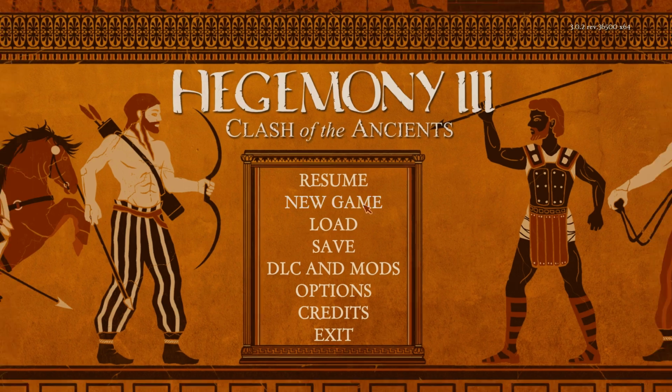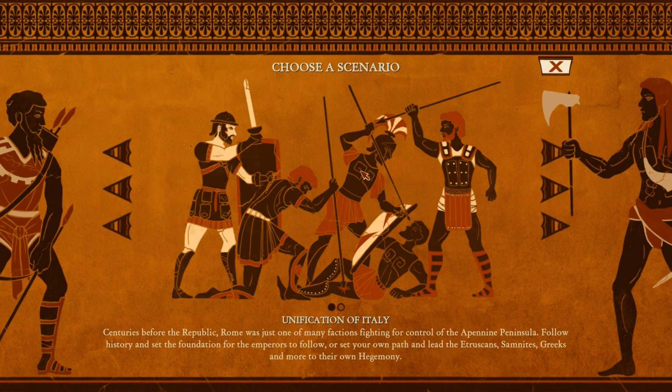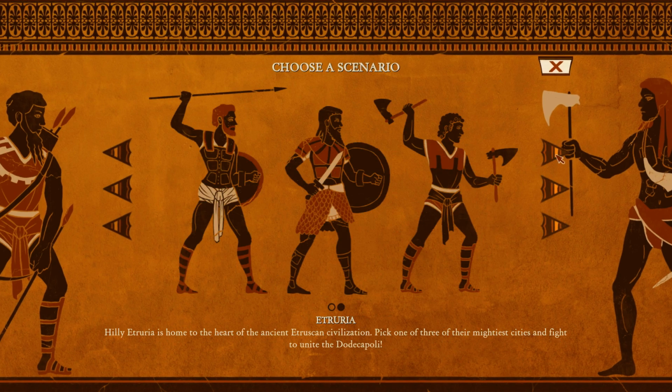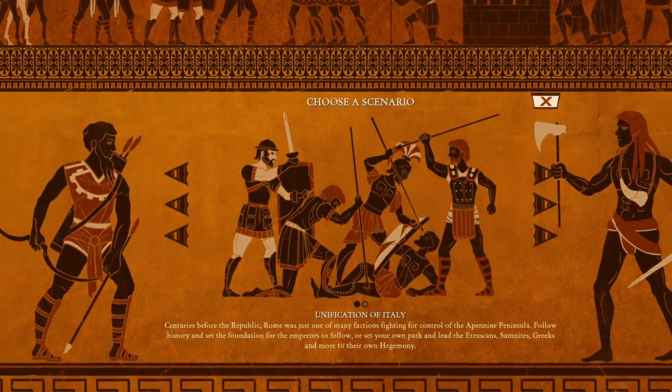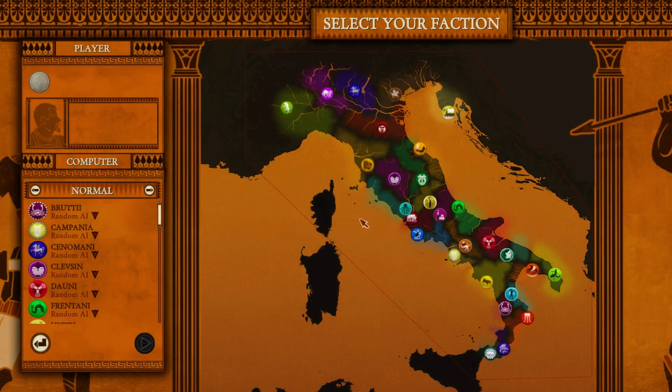This will be the first video on a new Let's Play series. As such, we'll begin a new game. The unification of Italy is the full map. Etruria is like a smaller portion of the map, so this is the grand strategy map. We'll use it. The next thing we have to do is make a decision about which of the many factions